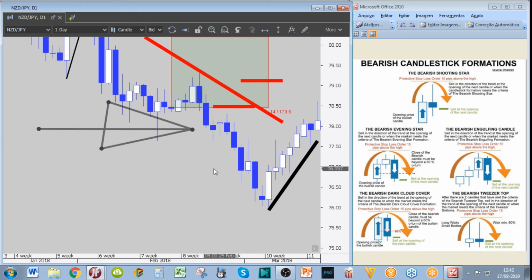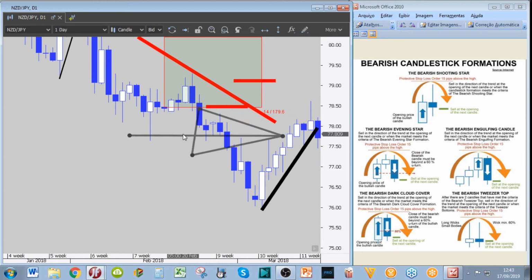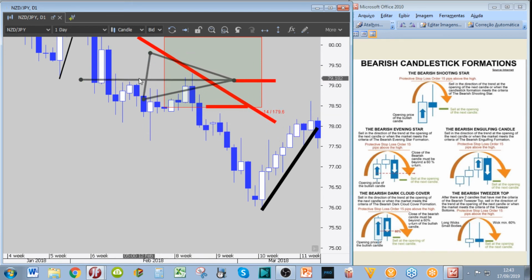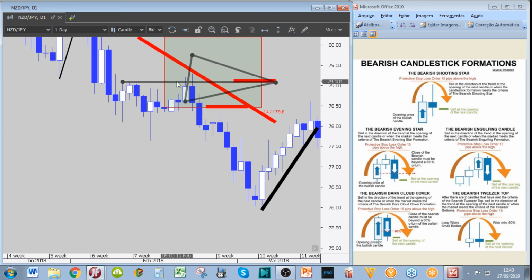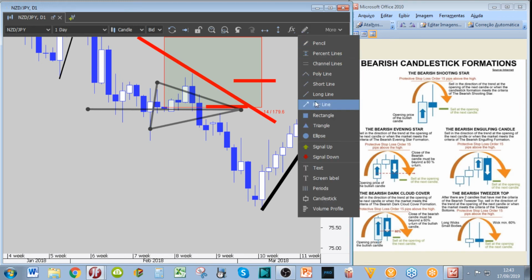Okay, so let's wait, and bam, another bearish candlestick formation if you want. So if you would put your stop loss above the downtrend line, you are still in a trade. You are still in with all of them, all the 4 trades. For the one, if you are here, you would be stopped out in profit. Okay, so you don't have any loss anymore. And if you want, you can short